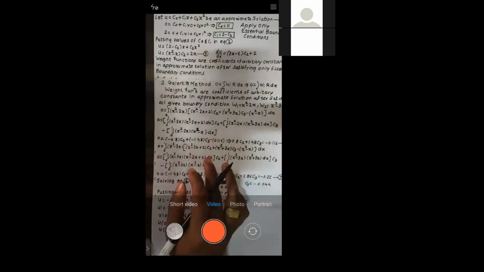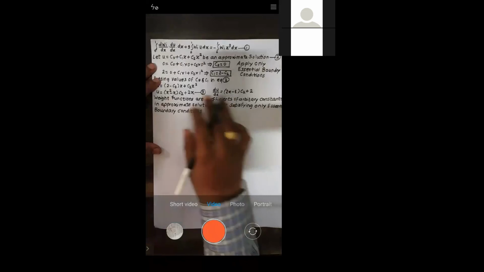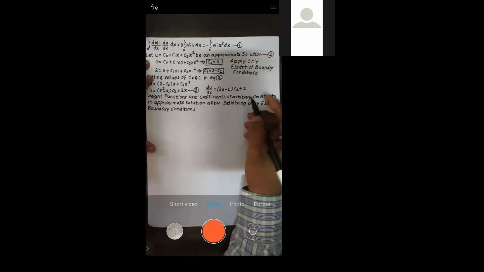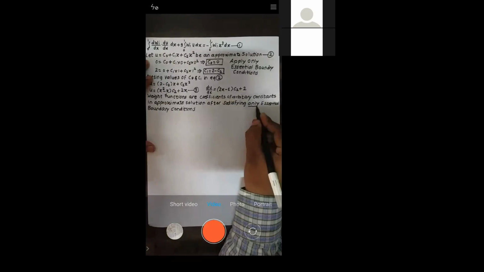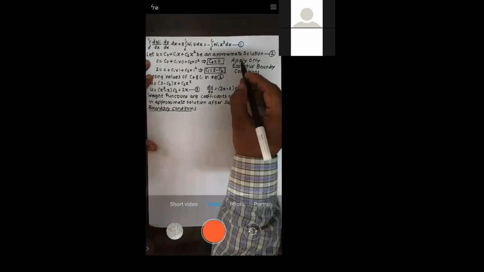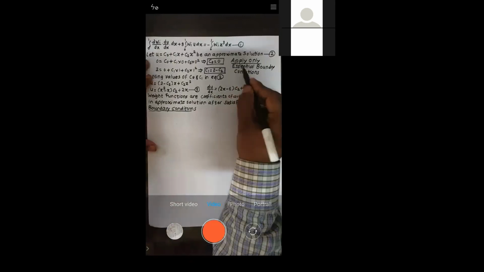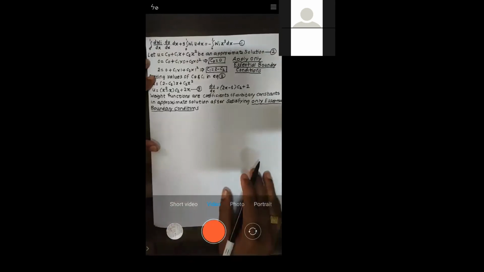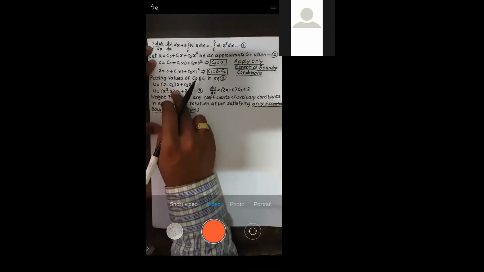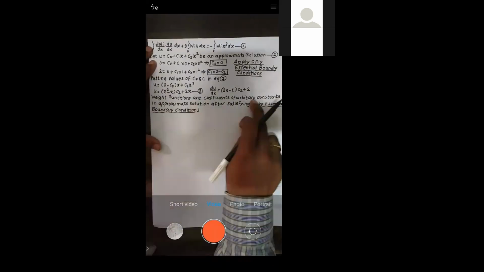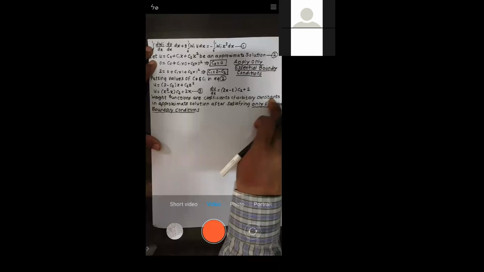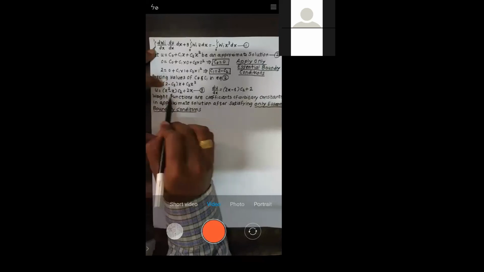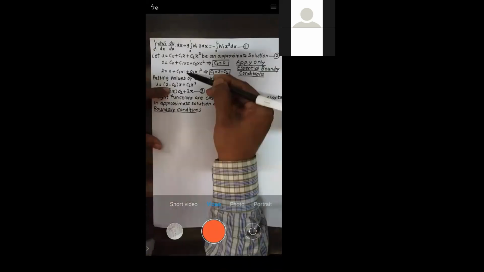But if you can see, this is the Rayleigh-Ritz method which we are taking. Here we need to apply only essential boundary condition. That's why I told you at the beginning, apply only essential boundary condition. So you need to take the value of weight function from this equation of u. This u is nothing but the approximate solution, which is derived by imposing only essential boundary condition. Is it okay?